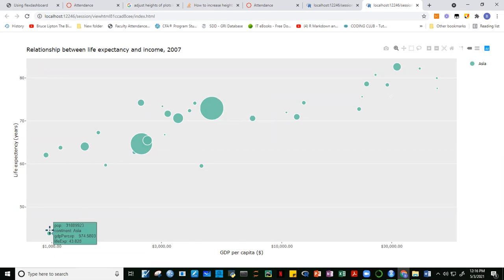So tingnan naman natin dito, ito, life expectancy niya 43 years lang, average age ng population nila. GDP per capita is only 974 and the population is 31 million. Okay, malaki din population. Okay, dito, you have here guys,